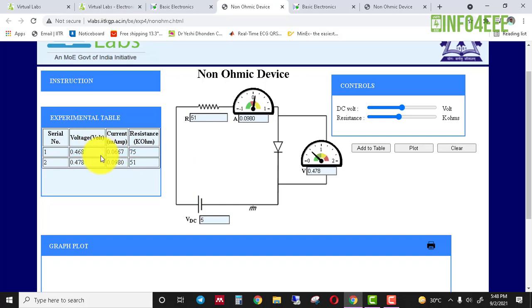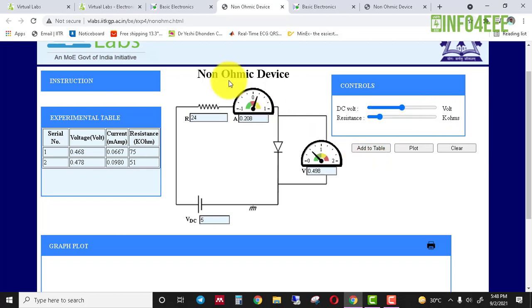You can see the voltage value is a little bit higher, 0.478, and the current is 0.0980 at a resistance of 51k. It means that when we decrease the resistance, the current increases, so the voltage drop across the diode also increases. Again we move the resistance value to 24k.